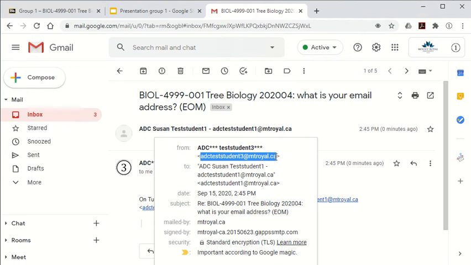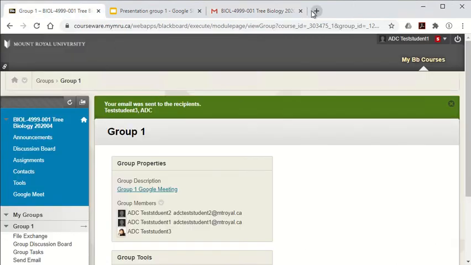As soon as they email me back, it's no longer blind carbon copy like all emails are when they're sent from Blackboard. As soon as I email somebody through Blackboard, they at least know what my email address is, and I know theirs. So now that I have it, I'm going to copy this, and then I'm going to start a